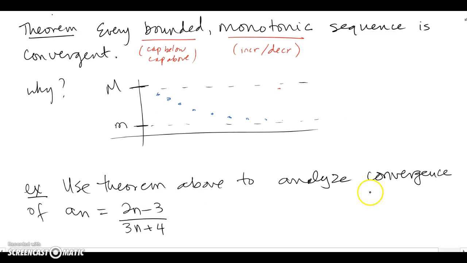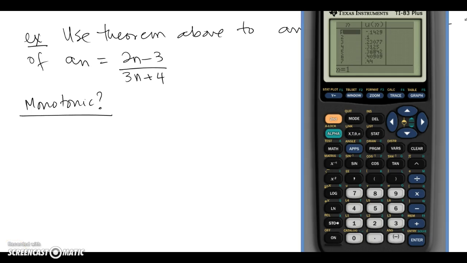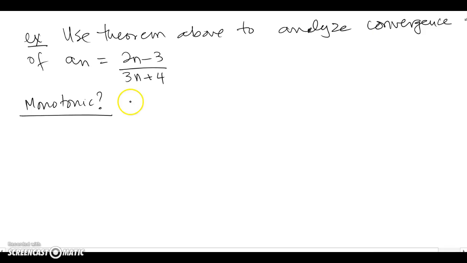So let's use the theorem above to analyze the convergence of the sequence, or maybe the divergence of it. This we looked at in class, and we showed that it was monotonic. Again, we said we had two options, either show for any two general terms next to each other or find the derivative. Let's quickly look at both of them. So for the first question, let's see if it's monotonic or not, see if it's increasing or decreasing and show it. It looks like the first term is a negative, and then from there on, the terms keep getting bigger and bigger, so we're suspecting that this is maybe an increasing sequence.